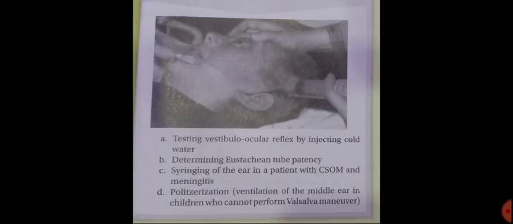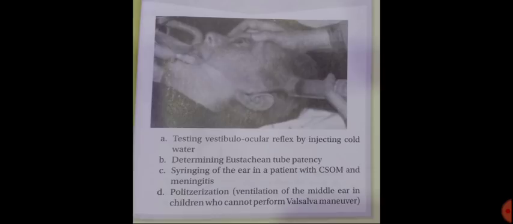Now tell me what testing is being done. So what is the name of the procedure shown in this figure? So this is basically the testing of vestibulo-ocular reflex by injecting the cold water. Now here some concepts are needed to get through the future questions also. So this is basically the caloric reflex test, also known as vestibular caloric stimulation test. So it is testing the vestibulo-ocular reflex that involves irrigating the ear with the cold or warm water. Sometimes in case of perforation, air is given, so warm air and cold air.